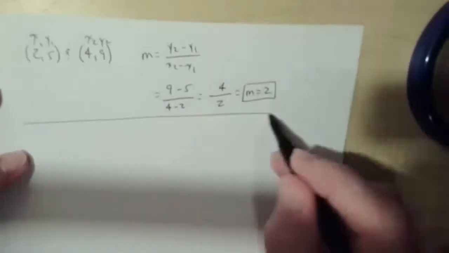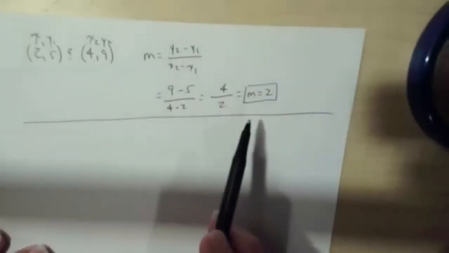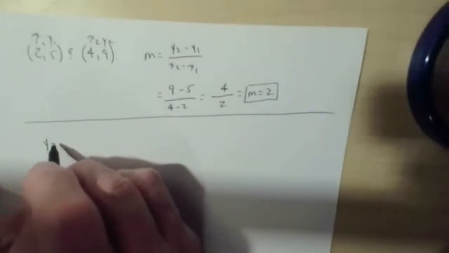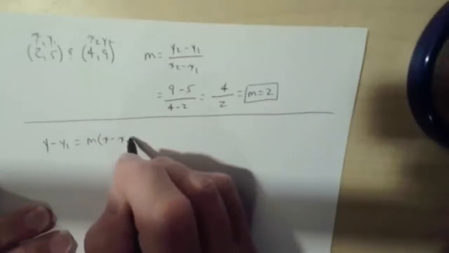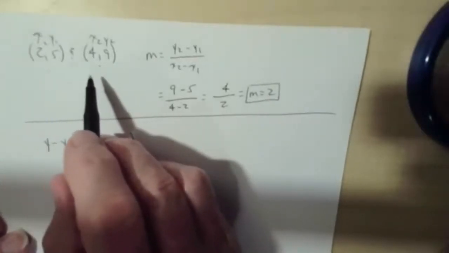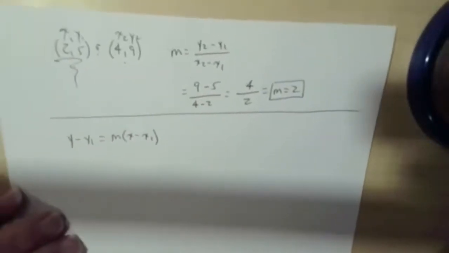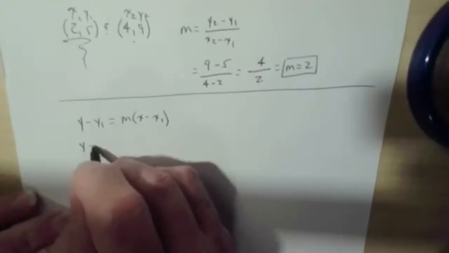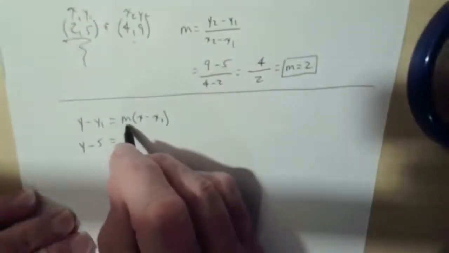Okay, now what do we have? We have 2 points and the slope. So we're going to use the point slope formula. y minus y1 equals m open x minus x1. It doesn't make any difference which point you use here, but I would use this one because the numbers are easier, and I'm pretty stupid. So we go y minus 5, okay, x1, y1, equals m, our slope, which is 2,